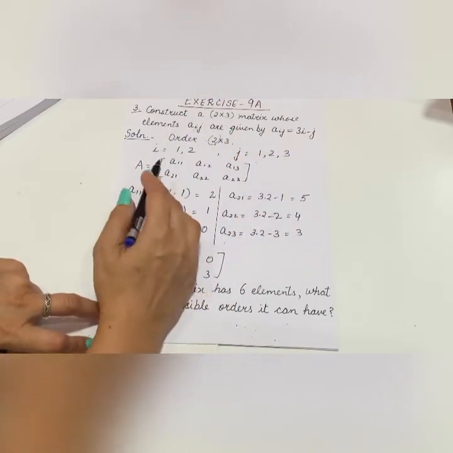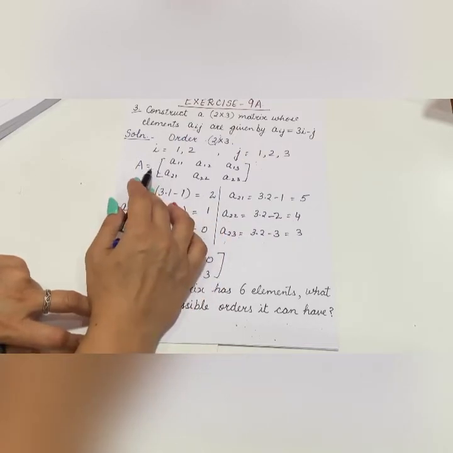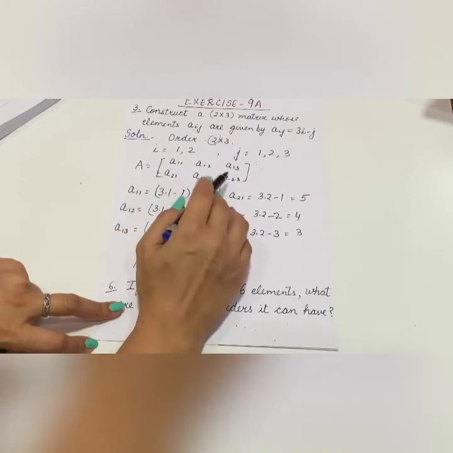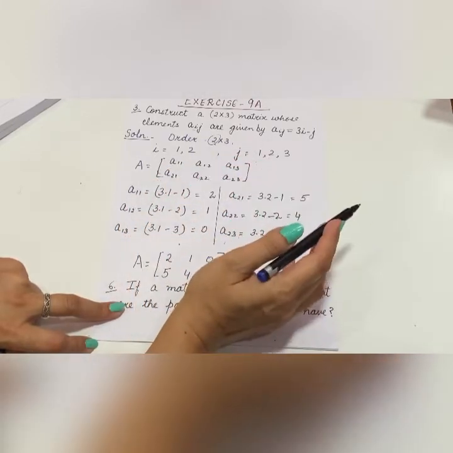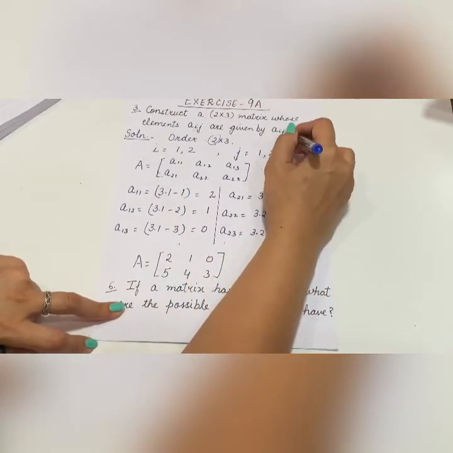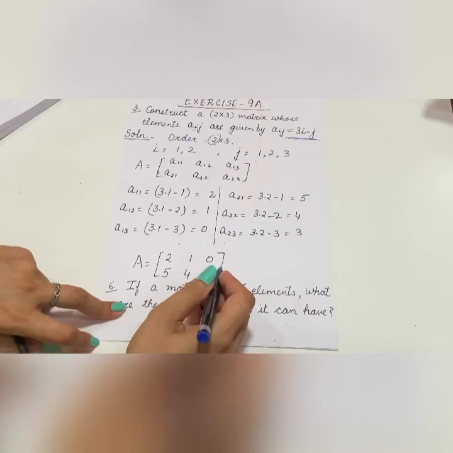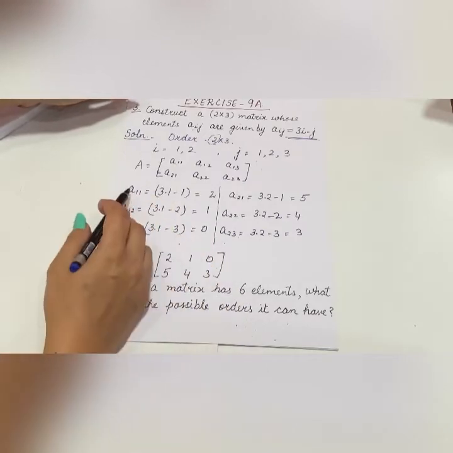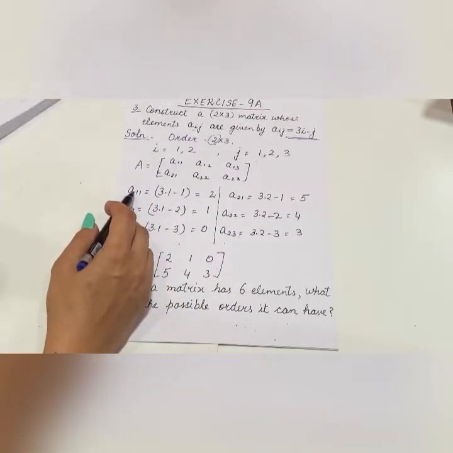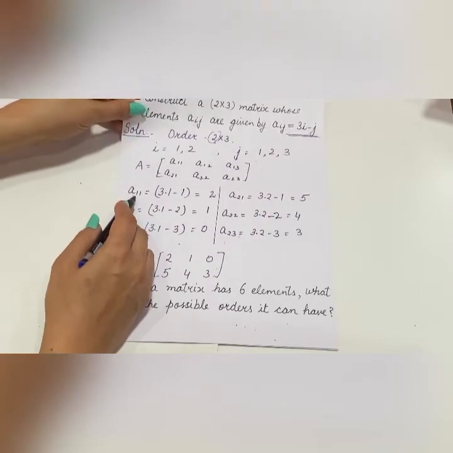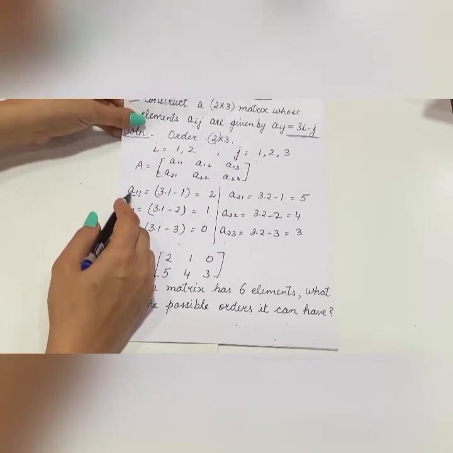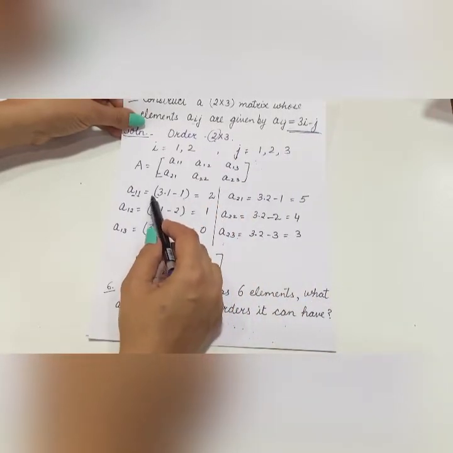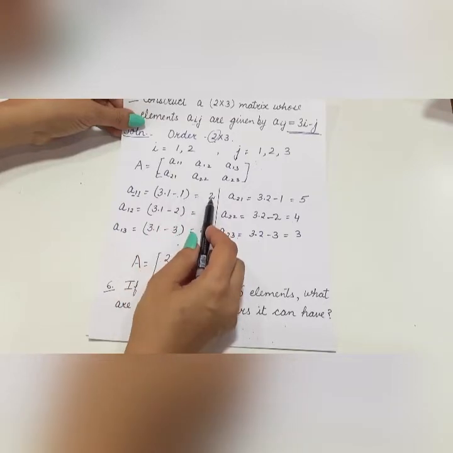So in this matrix we have 2 rows and 3 columns. I have written it in notation format as A11, A12, A13, A21, A22, A23. Now it is given that Aij should be 3i minus j. You can say it is just a formula which is given to you, which should be satisfied by the elements. So if I take the A11 element, the value of i is 1 and the value of j is 1. In this formula, you put i equal to 1 and j equal to 1, and we get 3 into 1 minus 1, which is equal to 2.